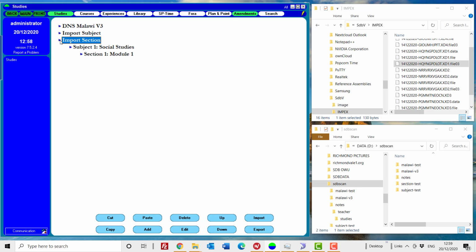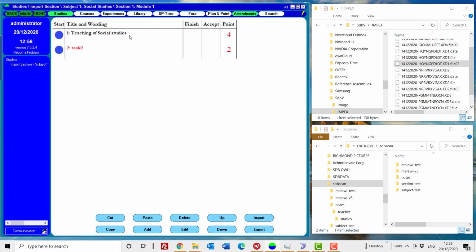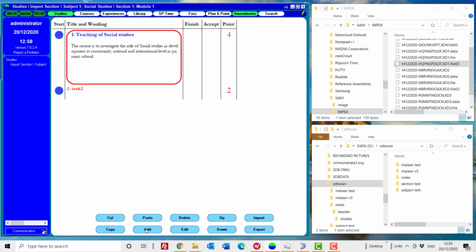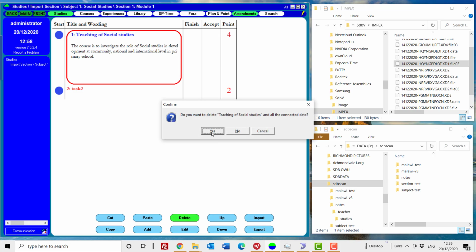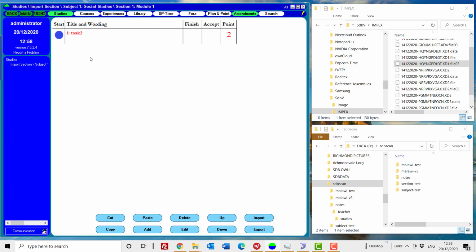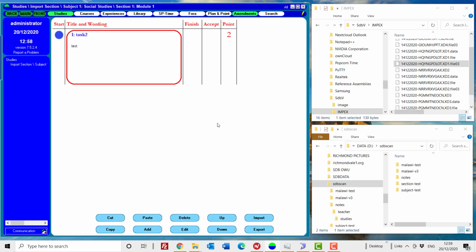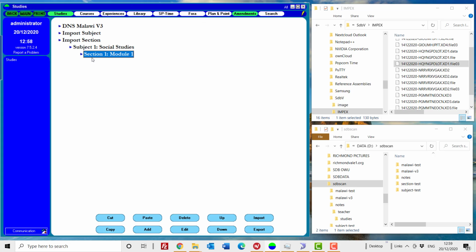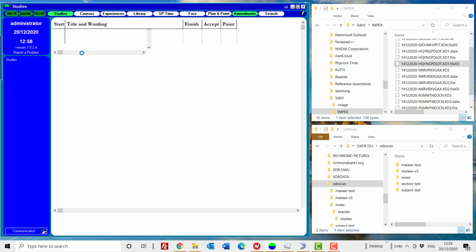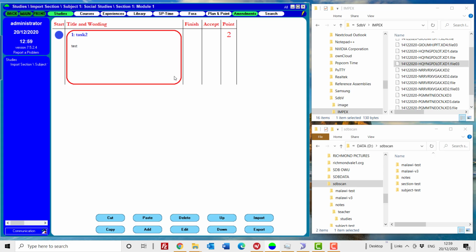So the same way you do when you import a task. So instead of making a whole new database for that, I will go into my current tasks. I will delete this task. So I only have one task left. In this situation, I want to import the task only. So I go into the database, I go into the subject, I open the section, I get a list of tasks, I mark one of the tasks, or if I have no tasks,